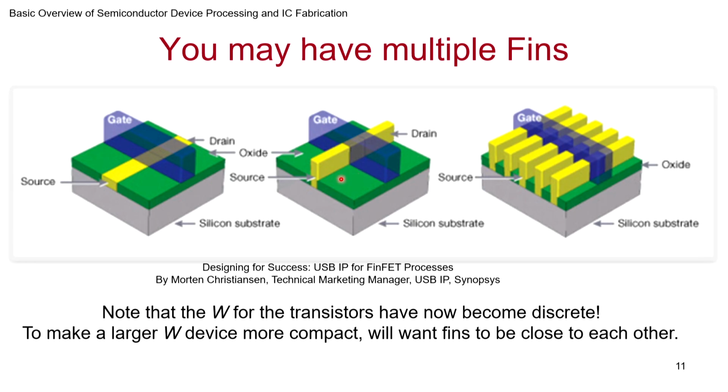Now nothing stops us from limiting to one fin. For a given transistor you could have multiple fins, so why not? So that's what people do. Now what is interesting, so if you want to make a larger W transistor, all that you need is you have to decide how many fins you want to take. Notice here that W thus becomes discretized, right?